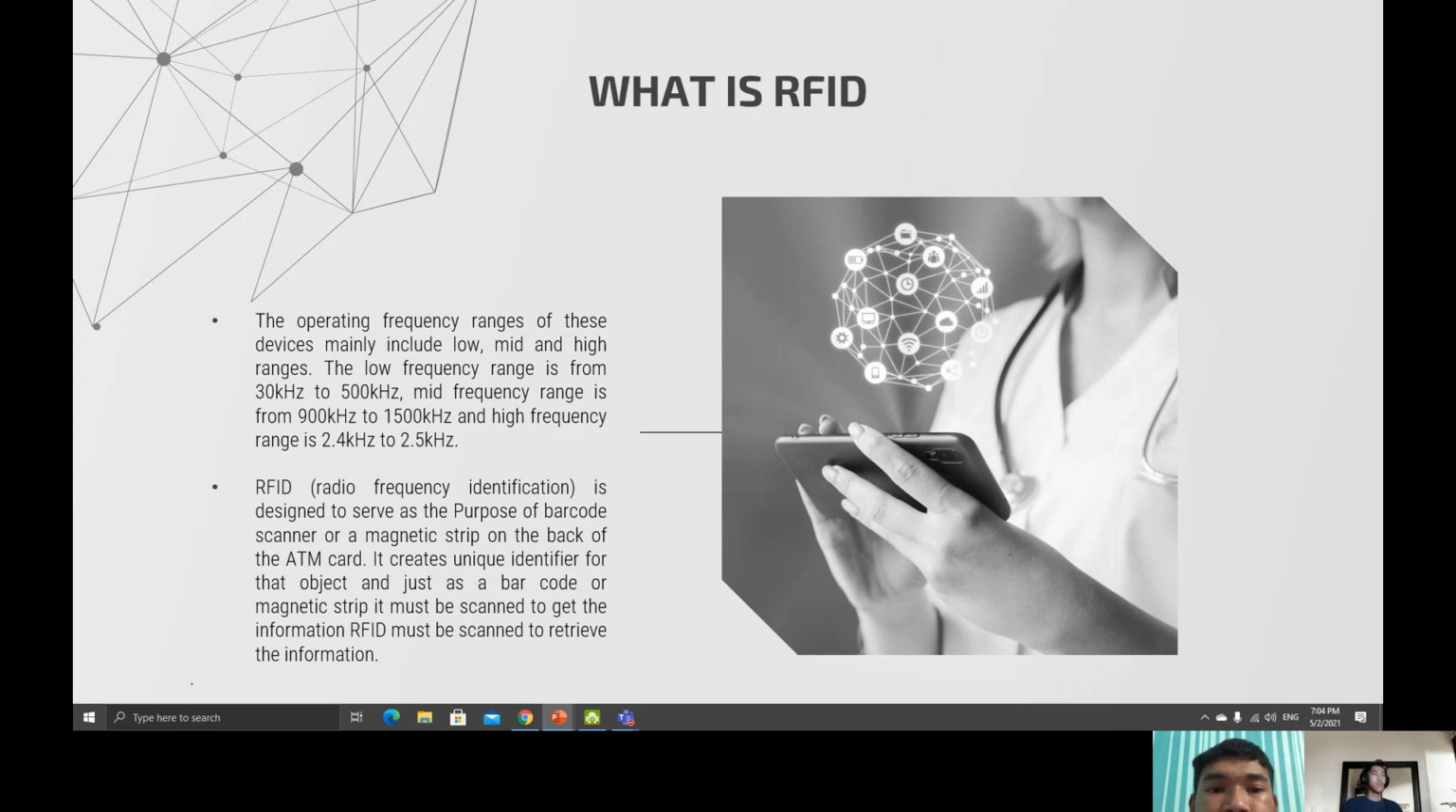The operating frequency range of this device mainly includes low, mid and high range. The low frequency range is from 30 kHz to 500 kHz. Mid frequency range is from 900 kHz to 1500 kHz, and high frequency range is 2.4 kHz to